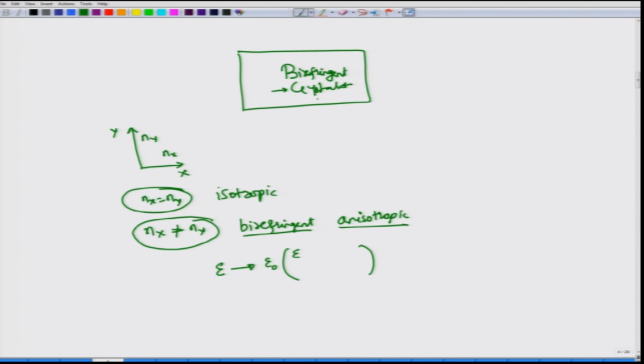So, what we mean by crystal is that this is the lab coordinate x and y, wherein you are going to launch a light, maybe light is propagating along z. So, this is z equal to 0, this is z equal to L, and light would be polarized along x direction, let us say, or y direction. So, this is how the world is outside this birefringent material or the crystal material,